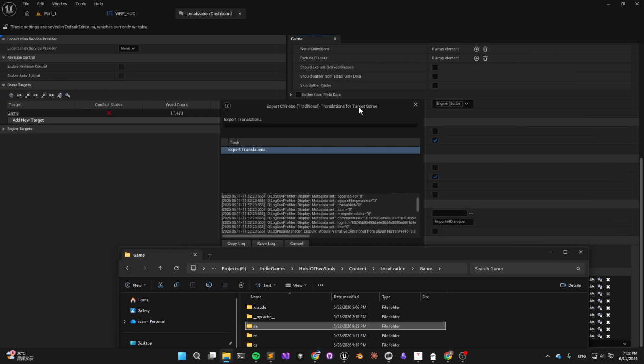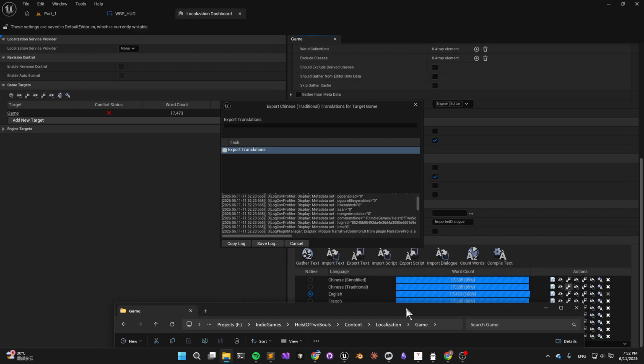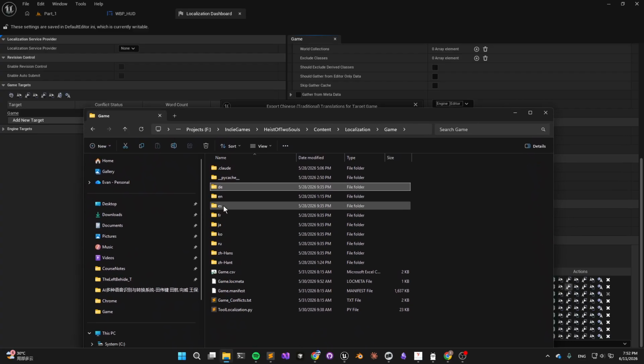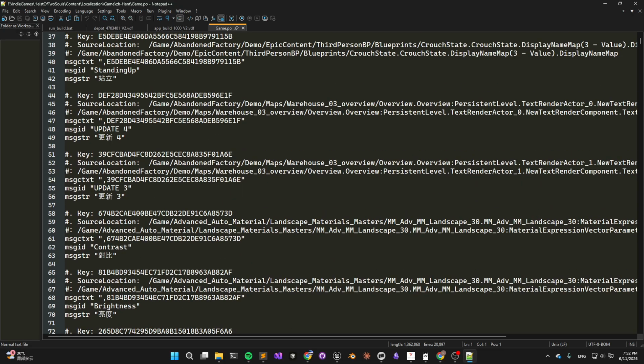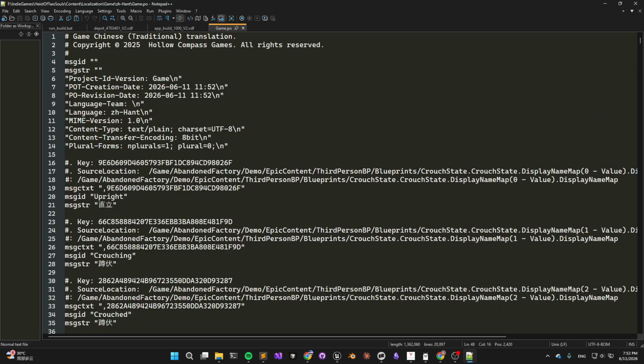Let me see what is traditional Chinese. I think traditional Chinese. Yeah, then you will update the .po file. You see, it just updates. Let me just open it and see what it has. Basically, each entry has some metadata, like a key, the file location, some Unreal Engine